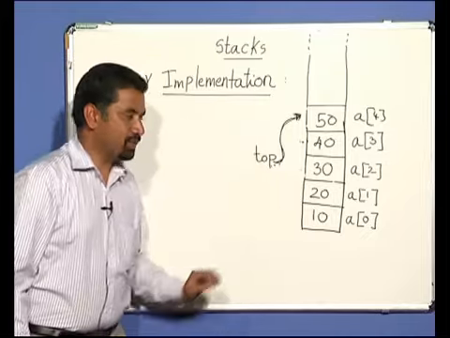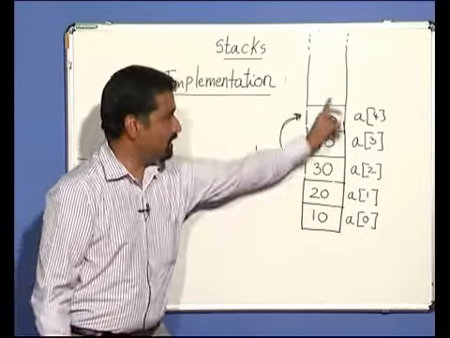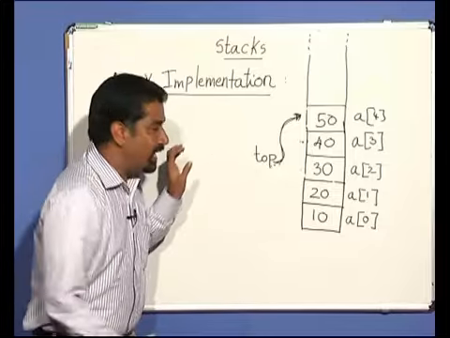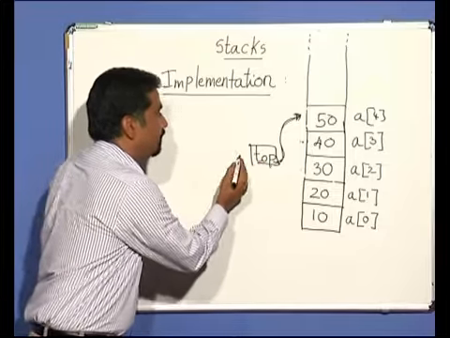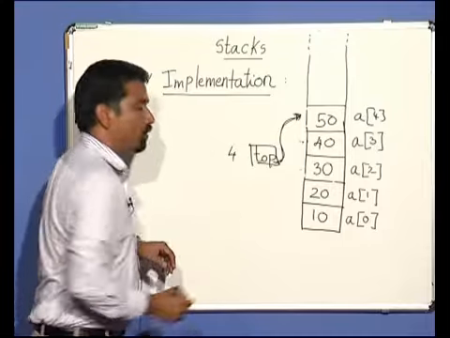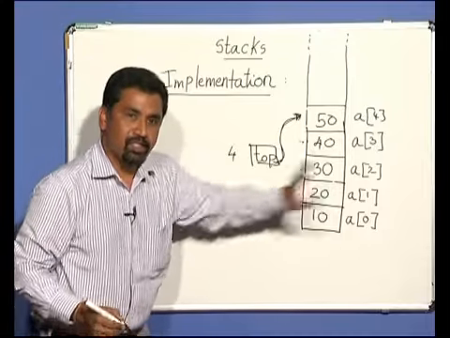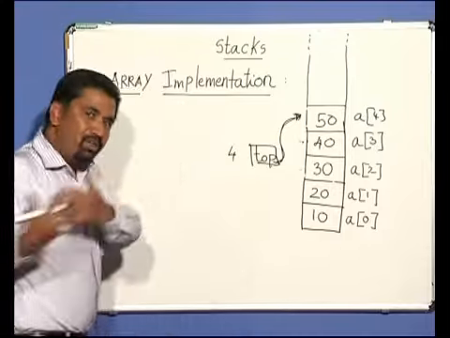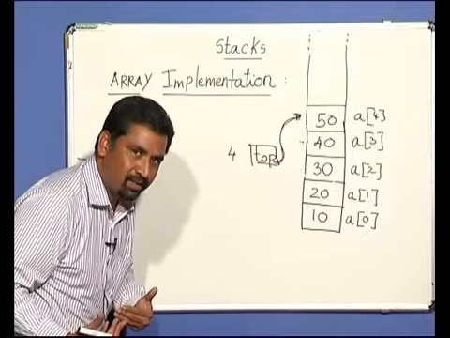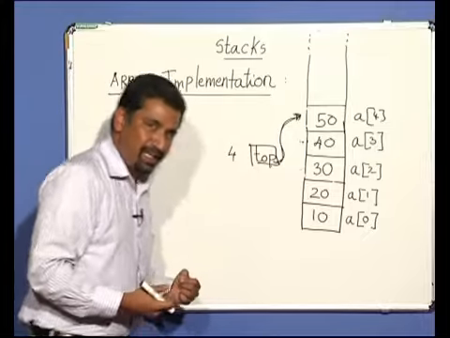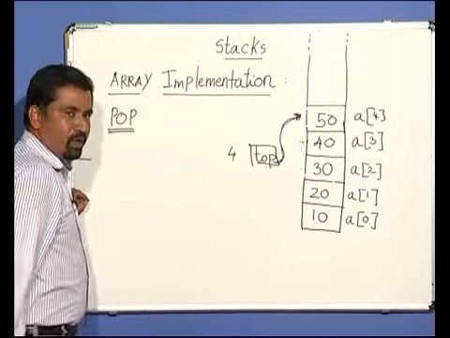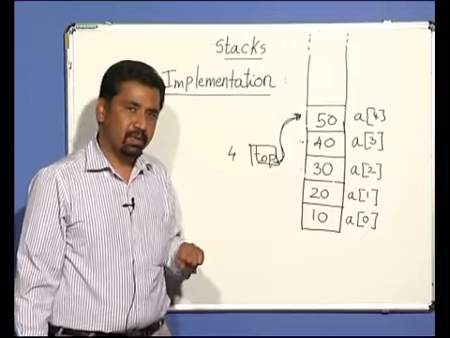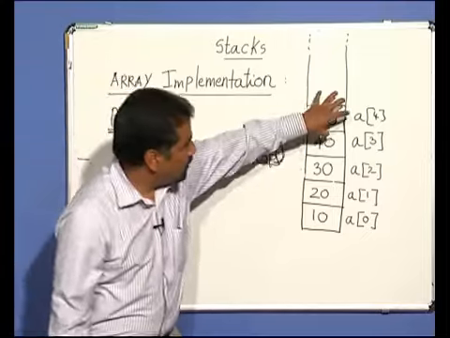Currently the stack is like this. The array is like that. Simply additional variable top is there, the value of which is 4. This is the current situation. Now I want to remove elements from the stack. So when I remove one at a time, the operation is pop. So what is the effect of pop? Effect of the pop is nothing but it should simply